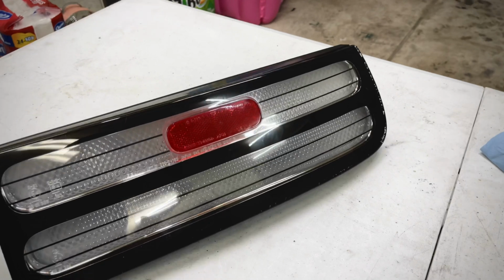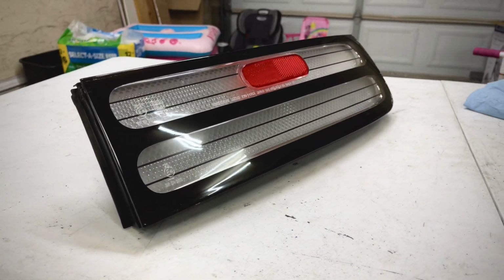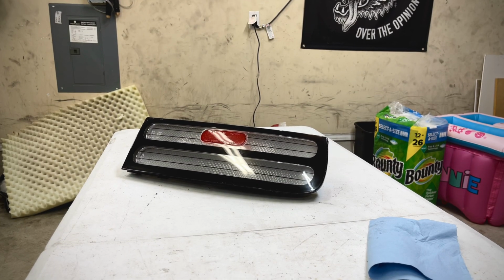But here's them. We got full clear. We got big boy here. All right, so